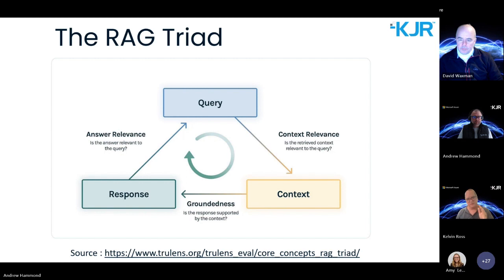While much of our testing focuses on that last bit, the answer relevance, working with RAGs and the information assistant, we also want to closely look at that context to ensure that things are contained in that space. So is the context extracted relevant? And then our response, was it actually grounded on those results that came back?